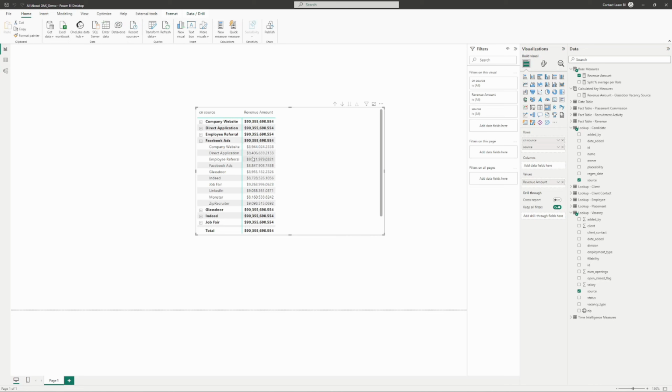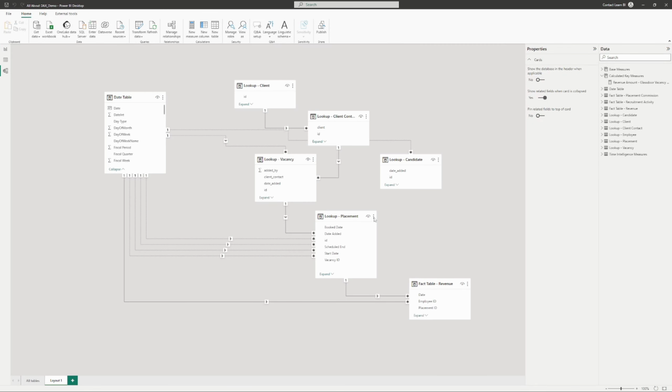Again, if we go ahead and just delete one of these relationships, we can see that our model breaks, right? On that lower end, on this vacancy end, we can see that we do have the correct vacancy split, but for every single candidate source, because that candidate relationship has been removed, we don't know what vacancy goes to those candidates that were placed within that source. Then if we just add this back in,